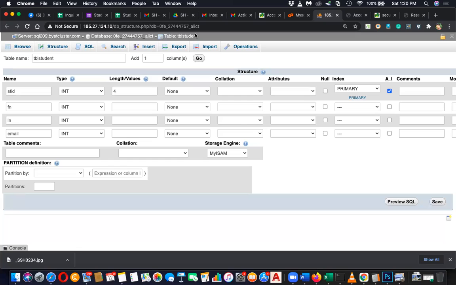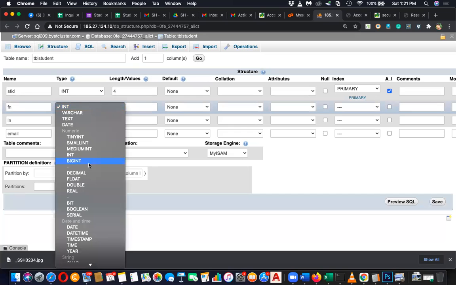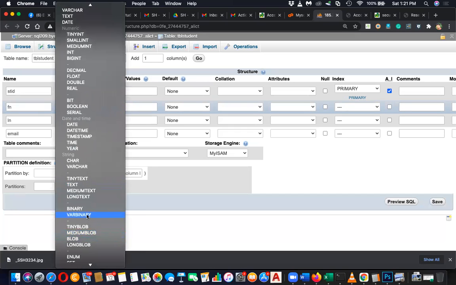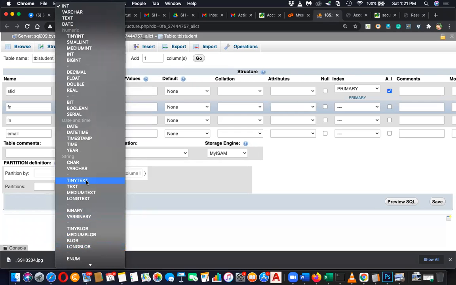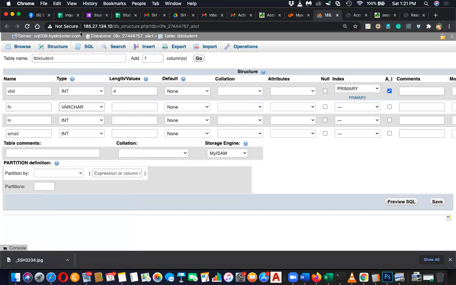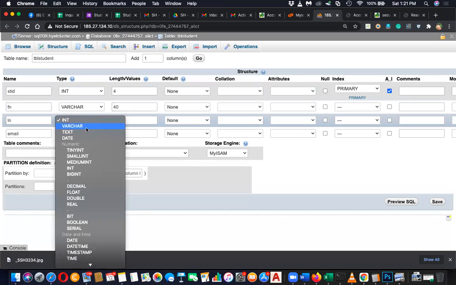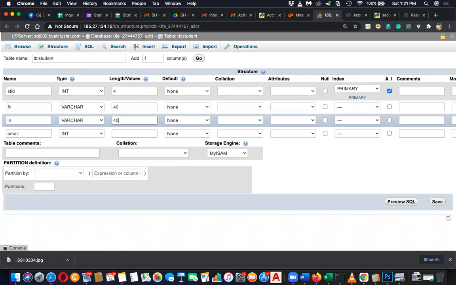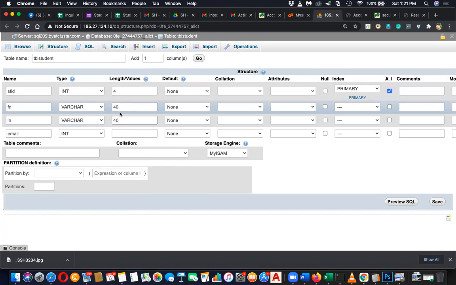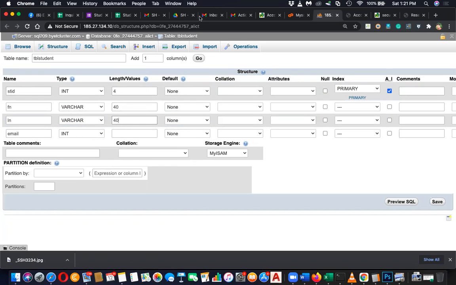So at least give a try, right? Okay, can you tell me, what data type to use for first name? Varchar. Yeah, varchar means variable characters. You don't know the character limit, but you know it can be maximum like 40. So the last name can be varchar, again 40. You know the maximum number, but you don't know the exact value. Then you give variable character, varchar. Next,